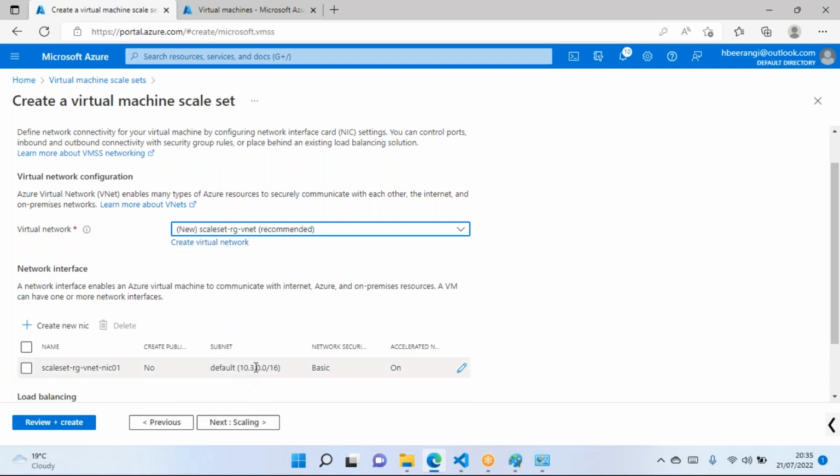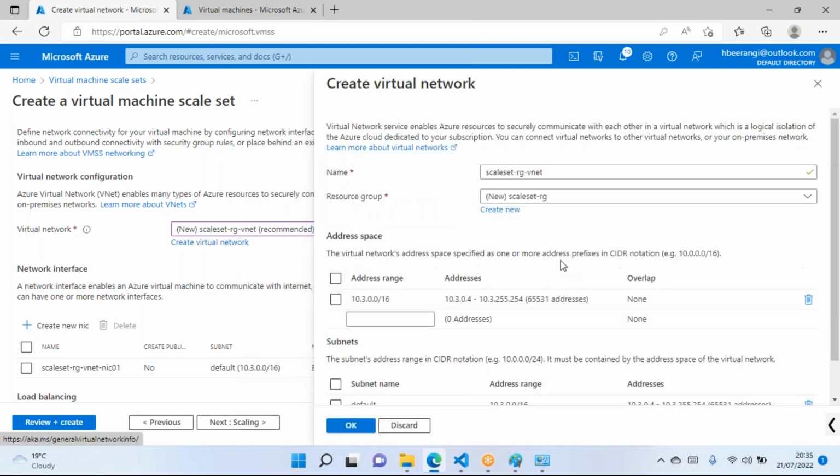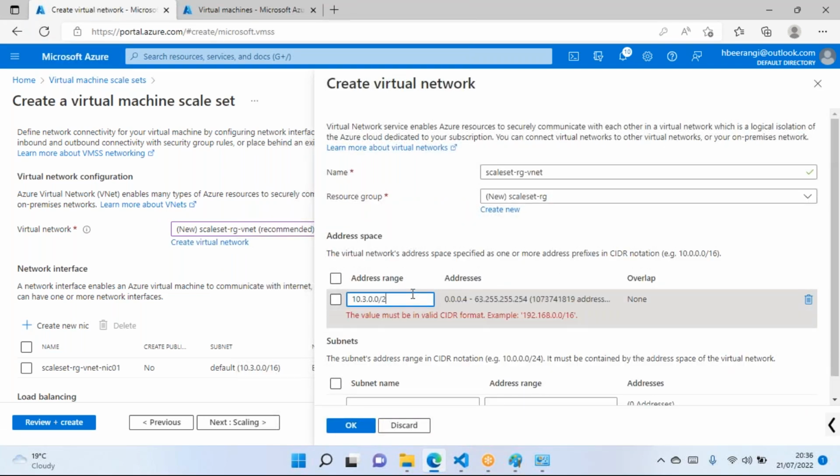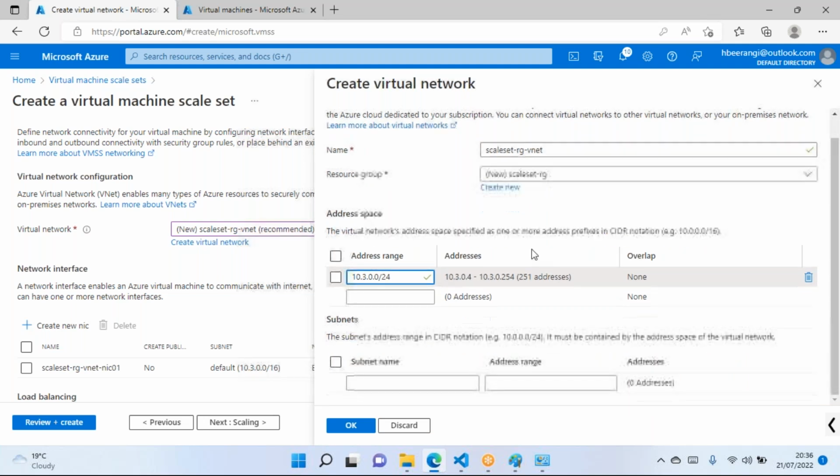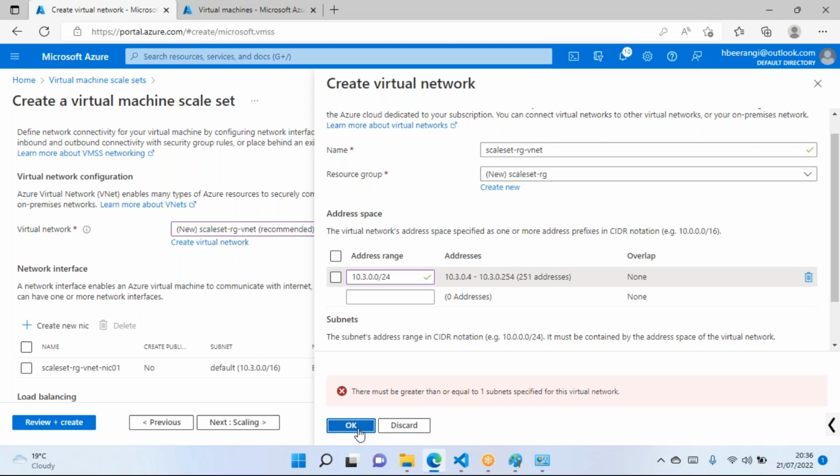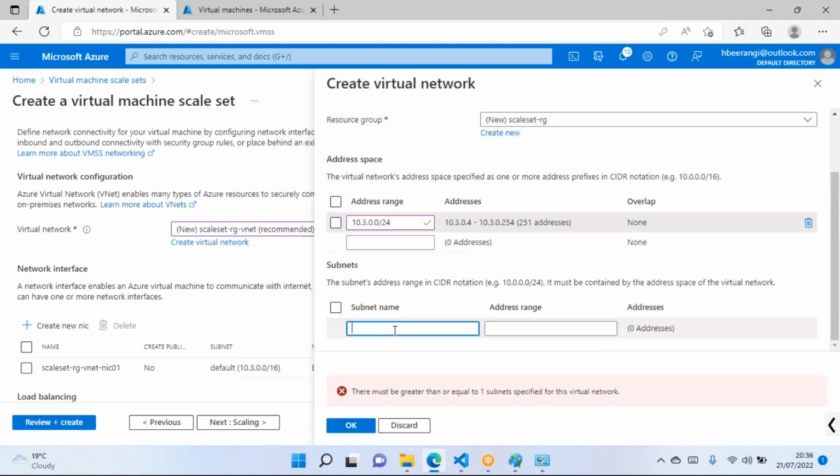And subnet, it is coming up with this setting. If not, within this virtual network, if you want to change the range of your network, click on this. It will give you some options, and let me choose /24, which is the default setting that I use generally for labs. Okay, and you have to use subnet as well. Let me give